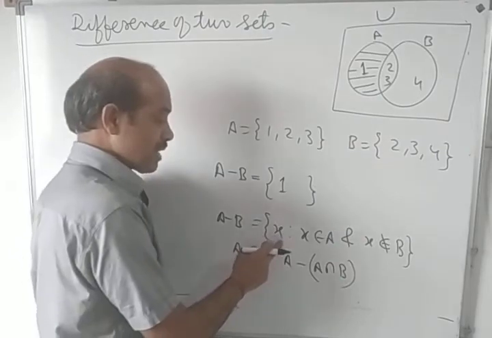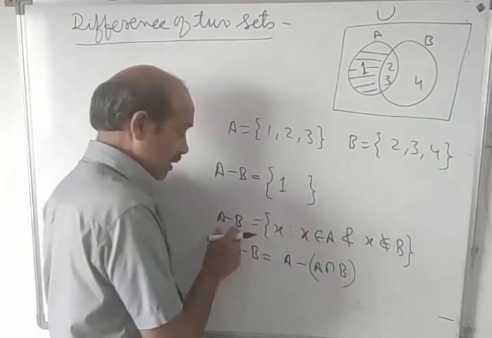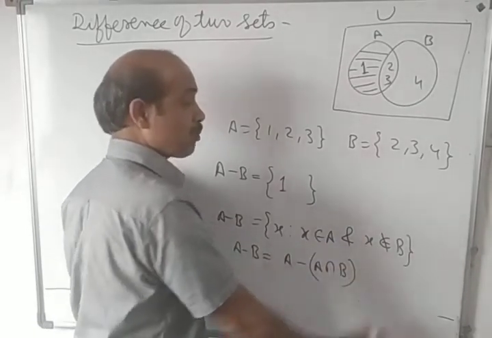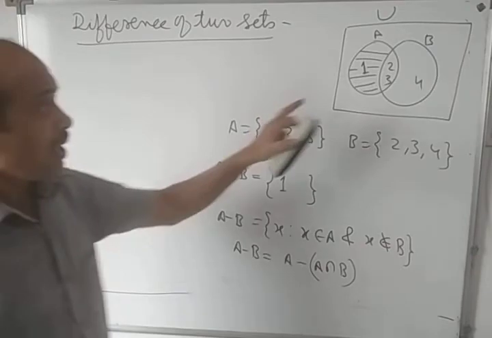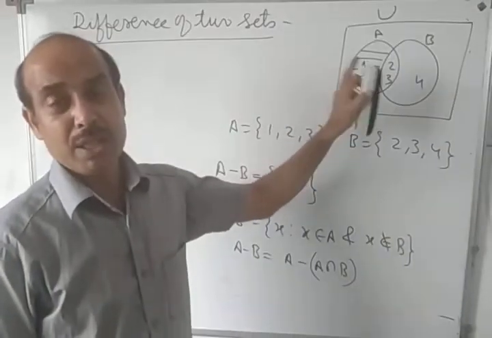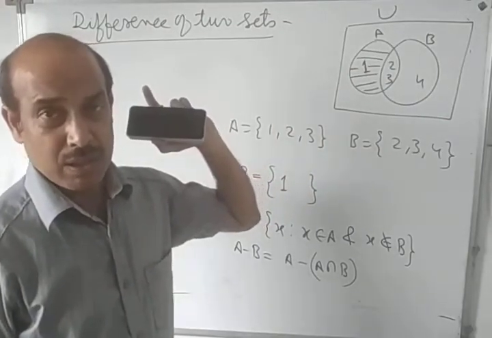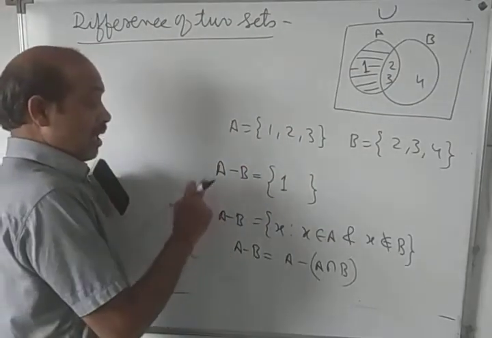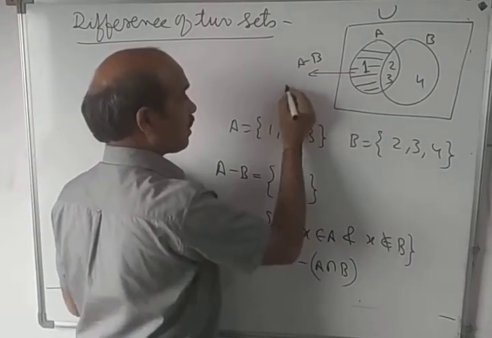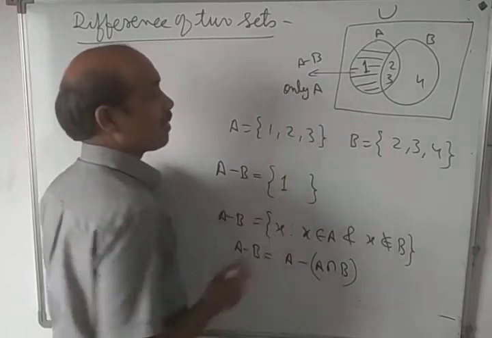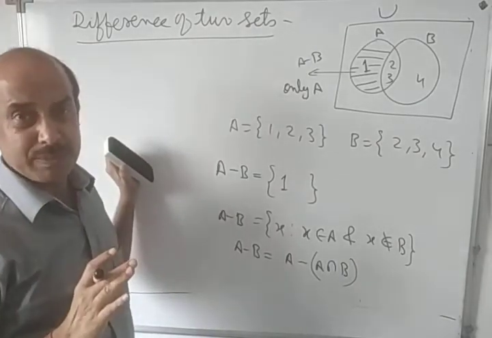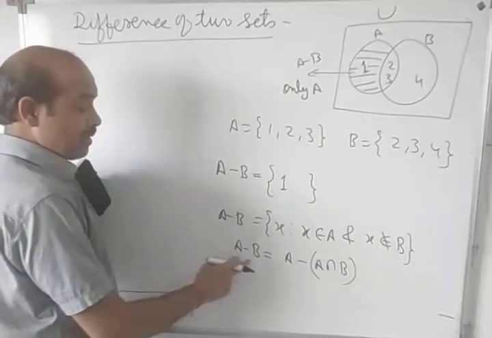बट अभी डेफिनेशन समझ लें. Set of difference of A and B is the set of all x which are in A but not in B. डायग्राम से देखें, A के वो एलिमेंट्स जो B में नहीं है वो A माइनस B में आते हैं. It is also known as only A minus B, or it is also called as only A, means the elements which are only in A. That is known as difference of set.